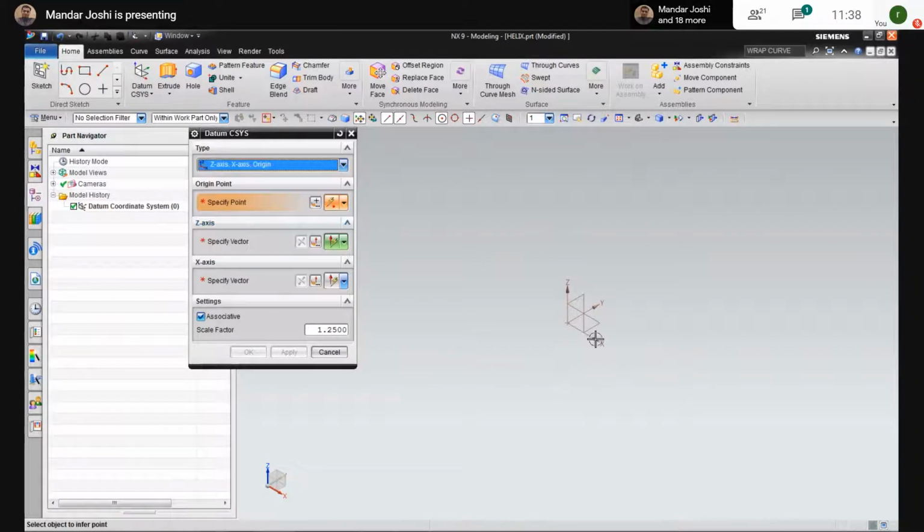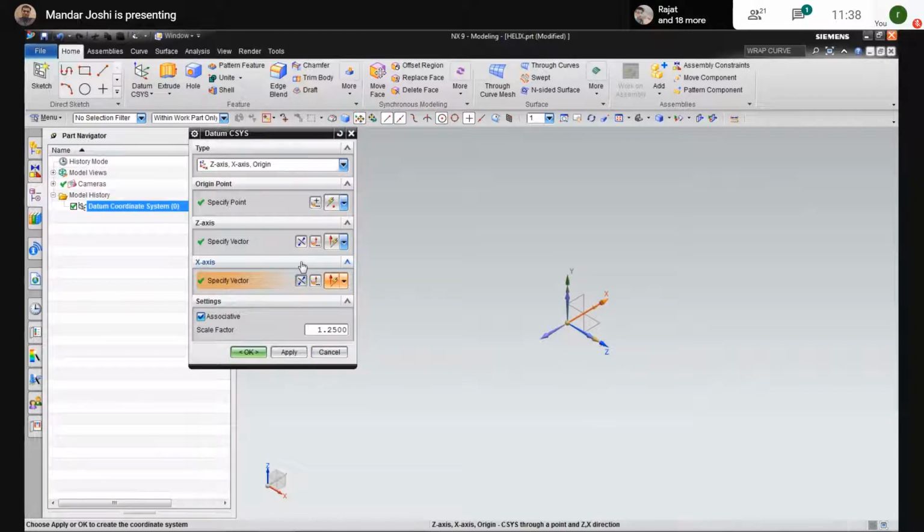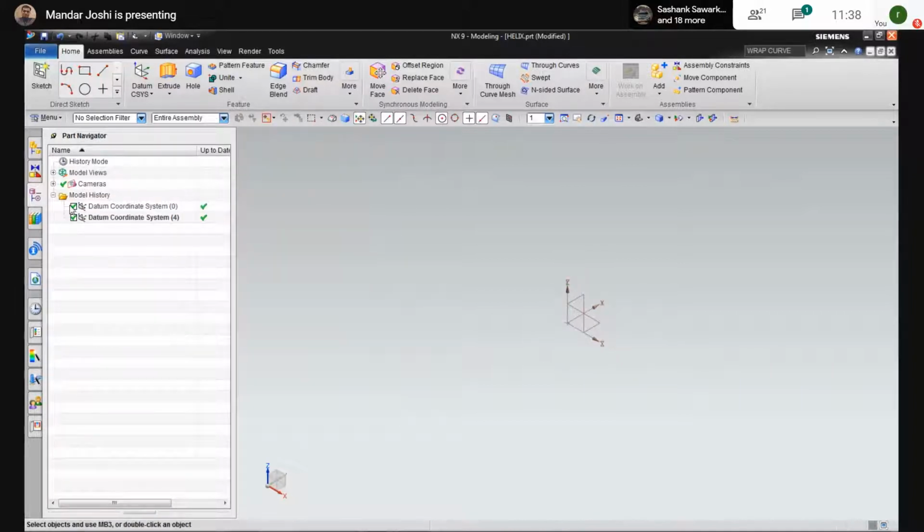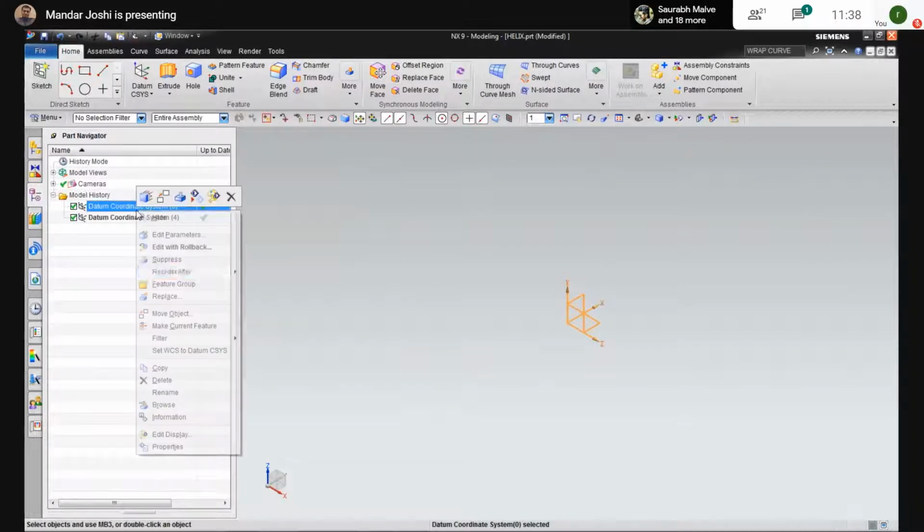So I am selecting the first origin point. The origin is again the same. Where you want z, I want it along the x direction, so this becomes z. And where do you want x? I want x here, so this is x and this is z. And if you flip this direction accordingly, it will reverse. Click on OK. I don't want associativity, I don't want to make a link with respect to the first one, so I break the associativity. Click OK and try to suppress this. Nothing will happen to the second one. You can easily delete this one also.